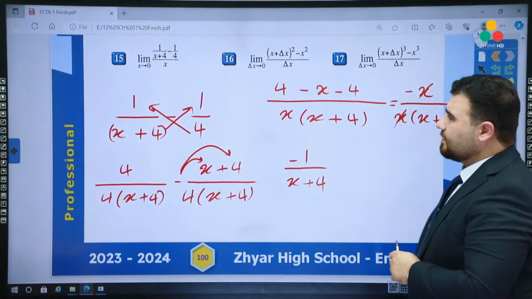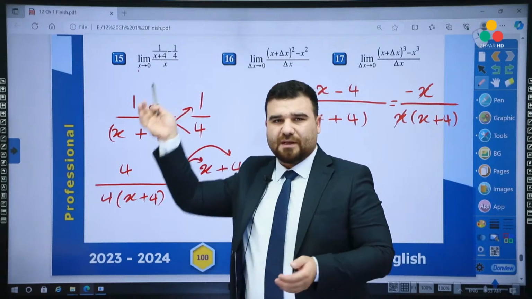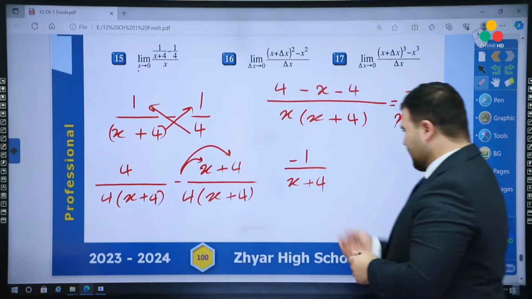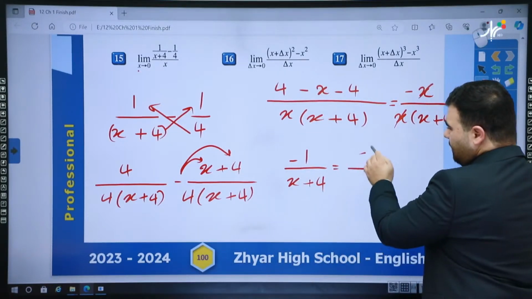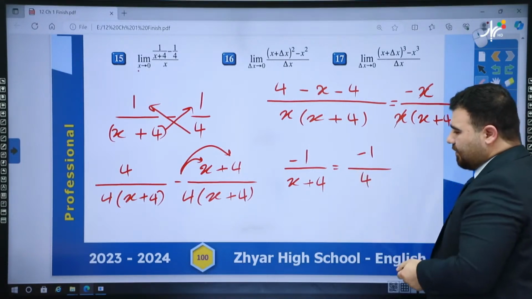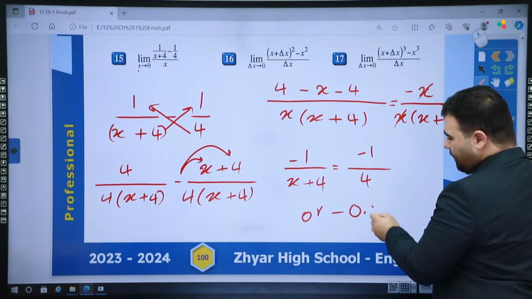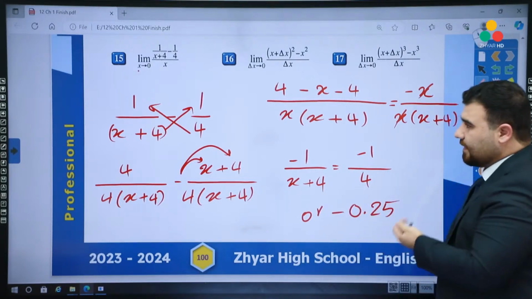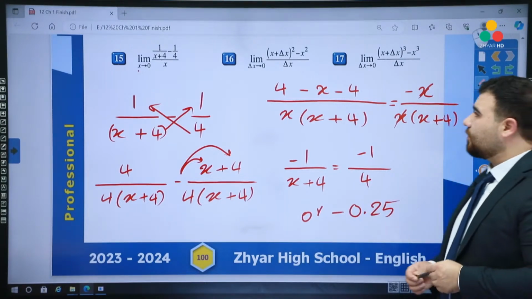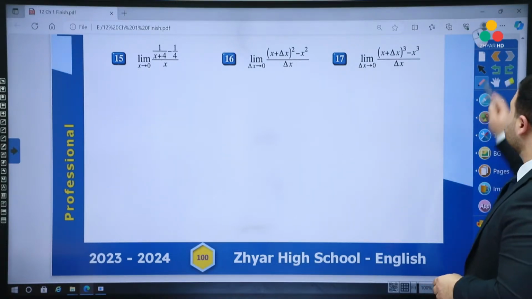If I replace x with 0 this time, x tends to 0, we will get negative 1 over 0 plus 4, which is 4. The answer is negative 1 over 4, or the answer is negative 0.25. These are the answers. For questions 16, 17, such questions,